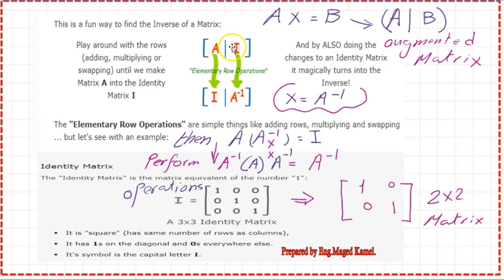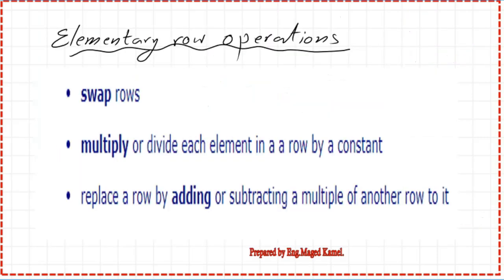So we start with the identity matrix on the right side and we end with the identity matrix on the left side, and the right side is the inverse of matrix A. This is the identity matrix, which has a diagonal of 1 and all other elements are 0. This is the case of 3 by 3, with 3 rows and 3 columns. For a 2 by 2 matrix, we have a diagonal of 1 and 1 and the other elements are 0. Okay, we'll move to the next slide.